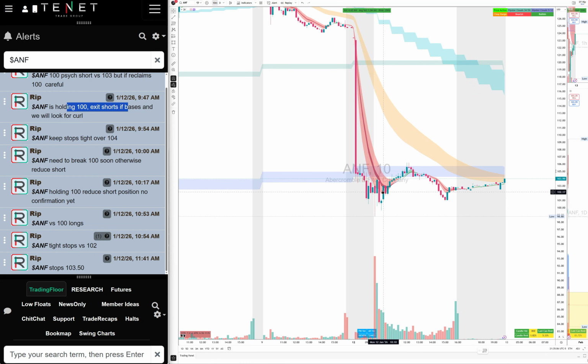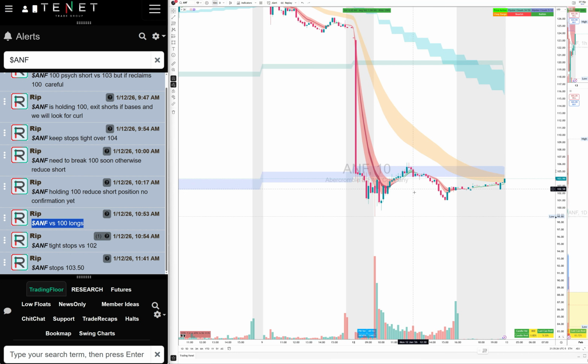So when it held 100, we got out here. We're shorting here under 100, or actually the good trade is to start here and add here. But when you do that, your average becomes low, at 101s, so we exited when I saw it pushing and holding 100. Took a couple dollar loss there, got out of that. At that time I told the traders to long it versus 100, just like we had planned in the pre-market.